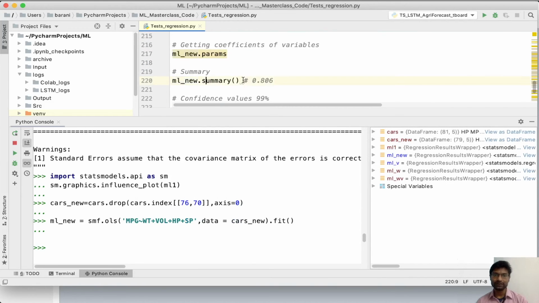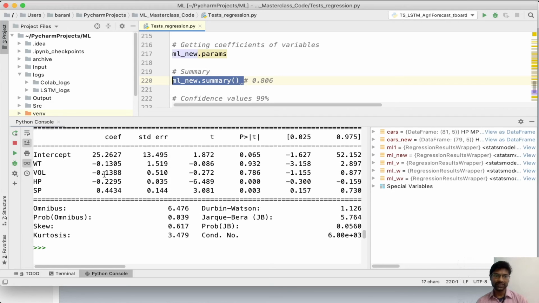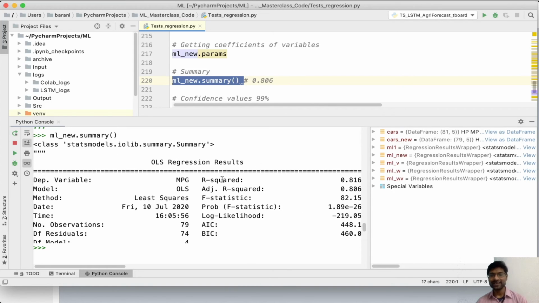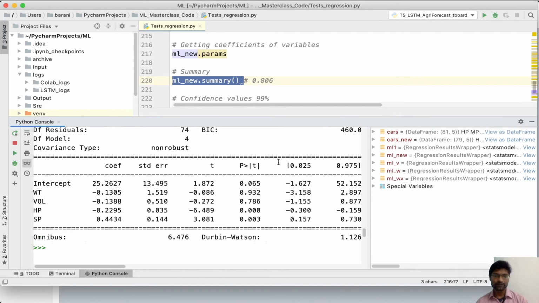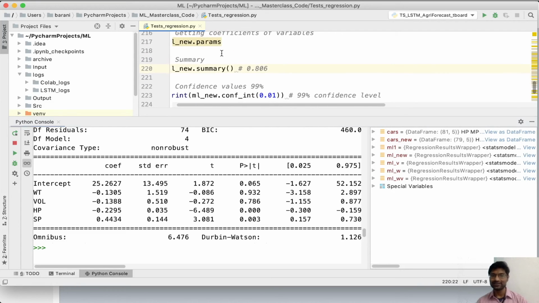After building it, let me read the summary. Once I read the summary, my weight and volume p-values are still of higher order, more than 0.05. It has even worsened; it has not reduced. And the same case with r squared. It is 0.68, it has even increased from 0.67. Okay, so this is the behavior we understand by analyzing the data: even after removing the outliers and building a new model, this is the case so far.